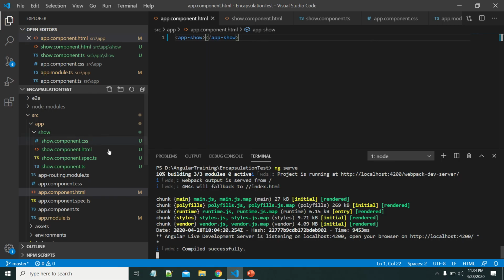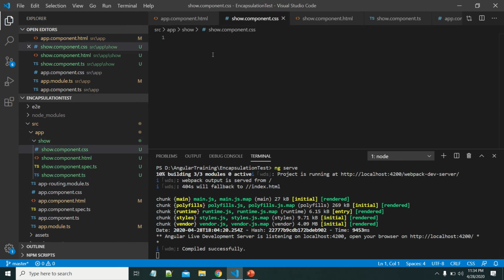Now let us apply some styles to this component. This is the p selector. Here I'm writing some CSS styles, which will be applied to all the p elements in this component.